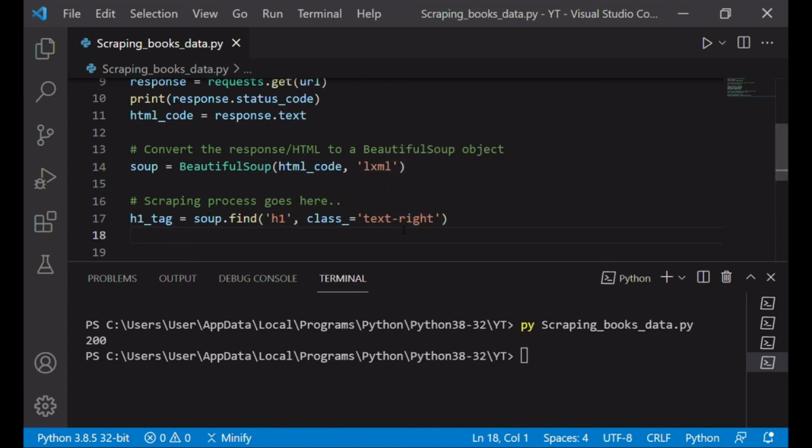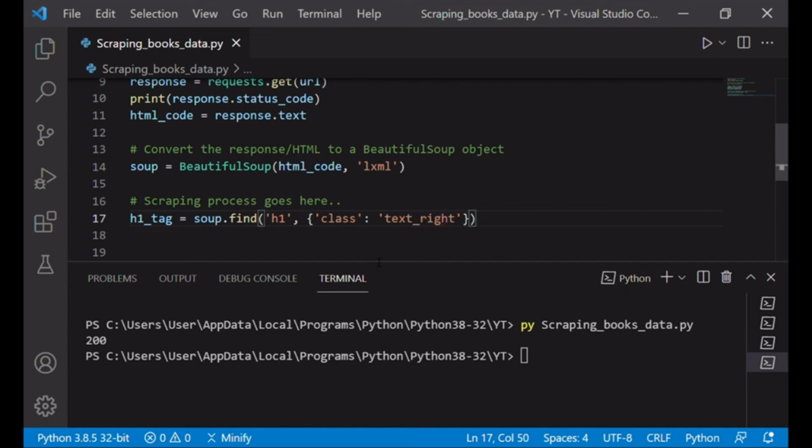You might be wondering why there is an underscore after class. This keyword class is a reserved word in Python, so you cannot use class like that. That's why there's an underscore. Otherwise, you could also use a dictionary, where you give in the class and text. That's up to you what to use.